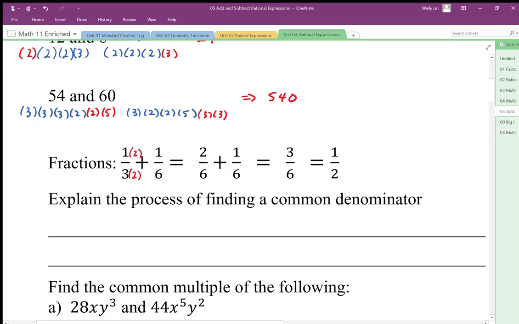So the process of finding the lowest common denominator is matching the factors of both denominators. Okay, so again, rational numbers are to do with